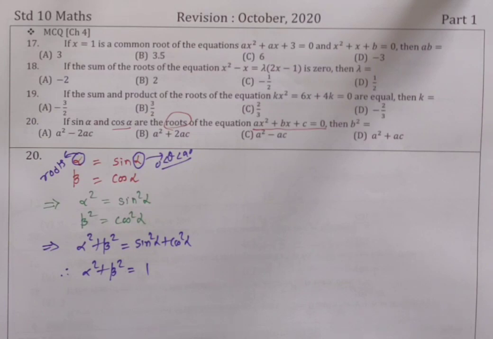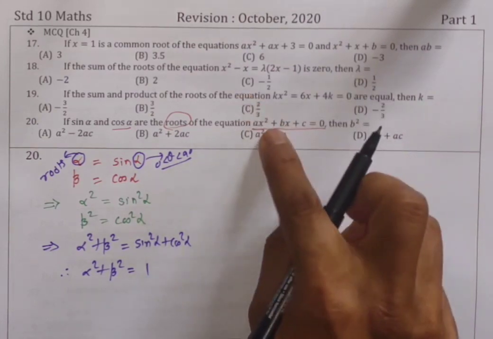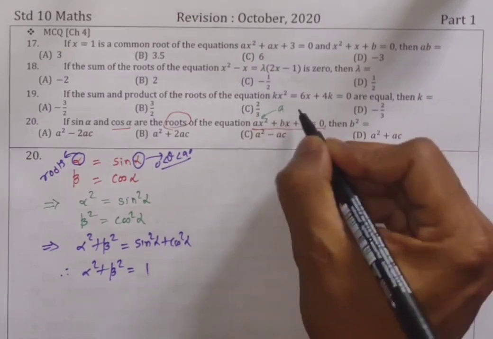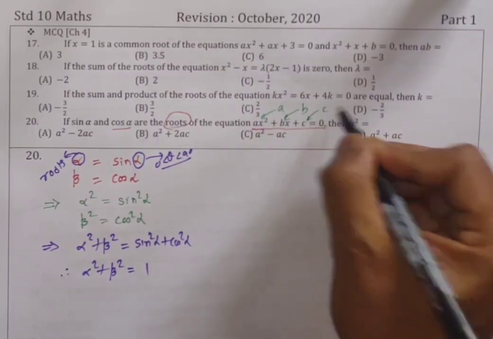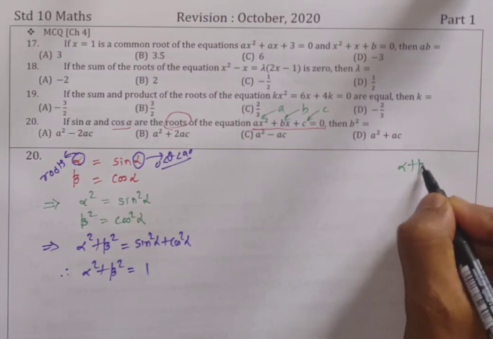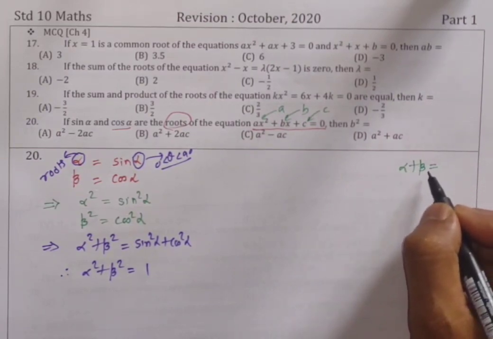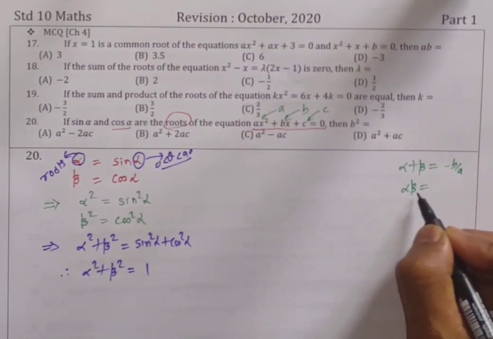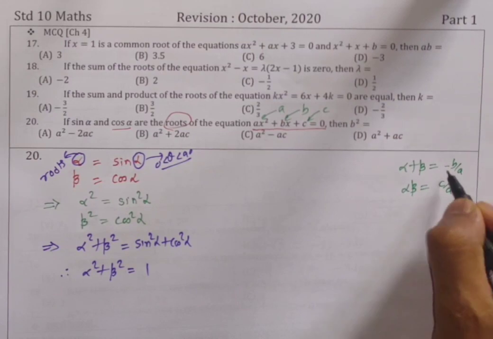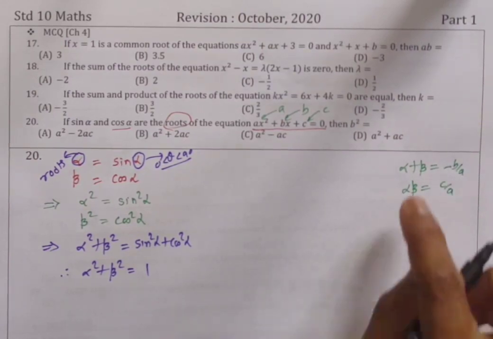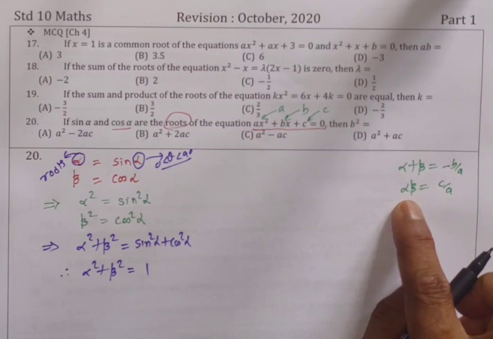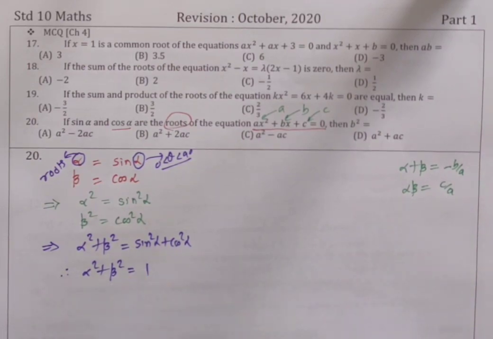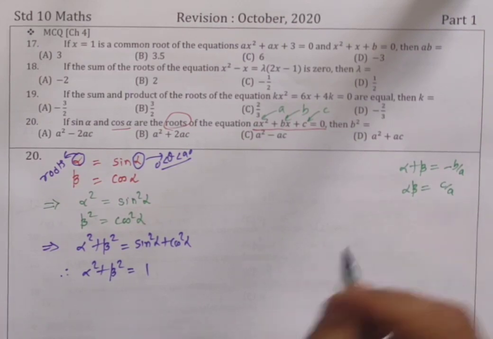चिल्ड्रन ये जो स्टैंडर्ड फॉर्म है क्वाड्रेटिक इक्वेशन का, यहां a is a, b is b and c is c, and alpha plus beta, that is sum of the roots, that is minus b upon a, and alpha into beta, product of the roots, that is c upon a. Clear children? Okay, neither alpha plus beta nor alpha into beta, ऐसा कुछ फॉर्म है ही नहीं. So how can you substitute? Okay children, you have to go for one big and very important substitution.